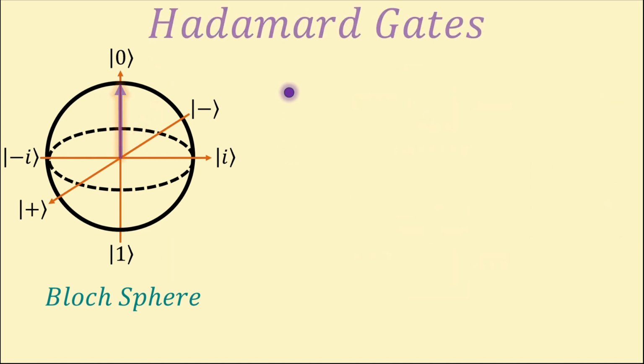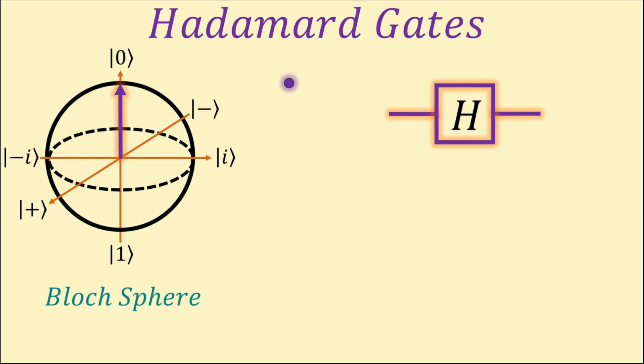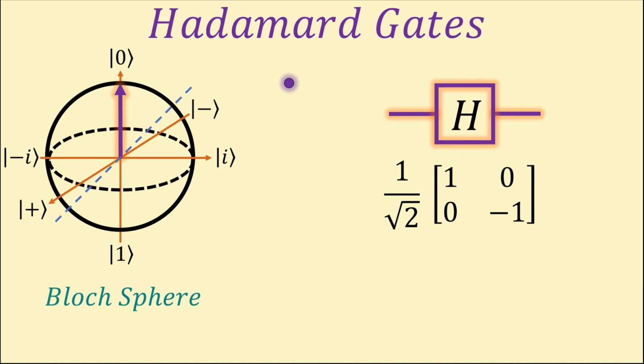On to the most crucial single qubit gate, the Hadamard gate, represented by the matrix 1/√2 times 1, 1, 1, -1. This is integral to quantum operations, as it creates a superposition from basis states. The Pauli gates we looked at before flip between the basis states or rotate already superposed qubits, but they don't place a basis state qubit into superposition. Hadamard gates do. It does this by rotating a qubit pi radians around this axis, the axis in between the x and z planes. For example, a qubit in the 0 state will be transformed to the qubit pointing along the positive x-axis, like so.